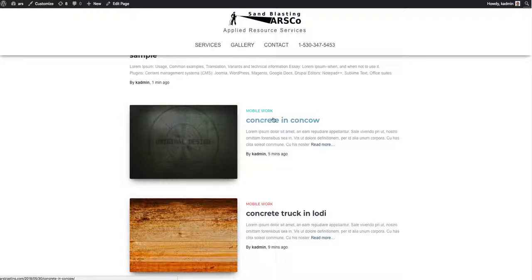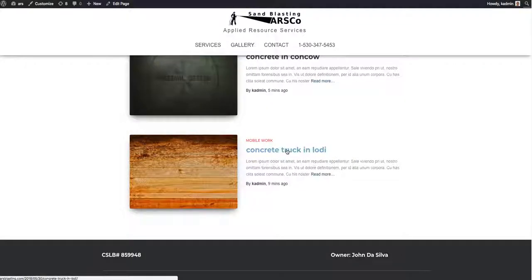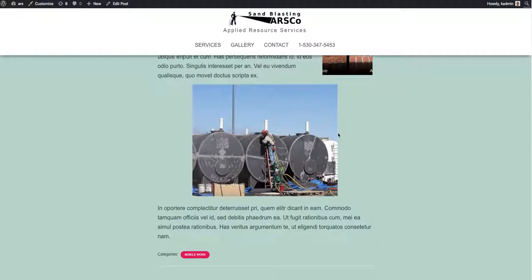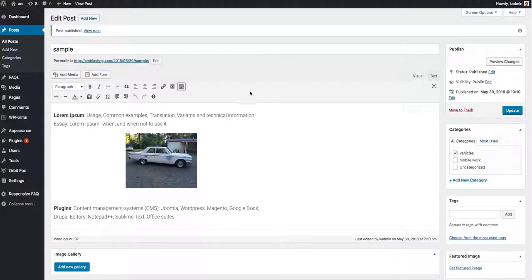Again, the category, the title, the description. This is an excerpt, so they'll pile up on a page. If somebody says, wow, I want to read more about this, they can click on it and go to the full post here. So again, just to keep it simple, your posts have a title, they have a body, they have a featured image, and they can have a category, but they don't need to right now. So that should get you going in your